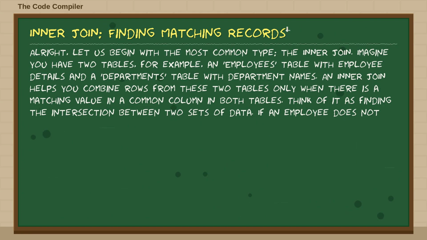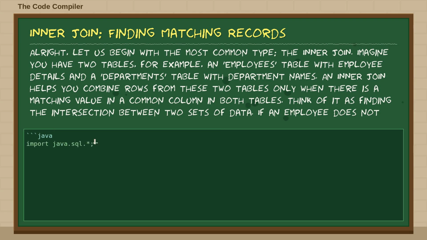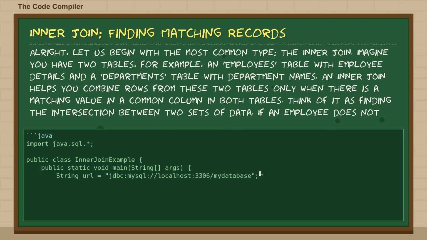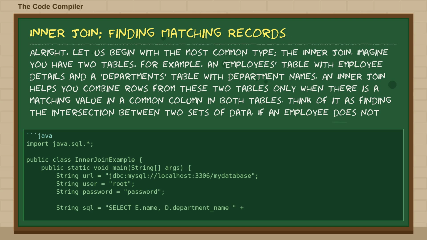On our whiteboard, you will see the SQL syntax for an inner join, followed by a Java snippet demonstrating how to use JDBC to execute this query and print the combined results. Pay close attention to how we establish the connection, create a statement, execute the query, and then iterate through the